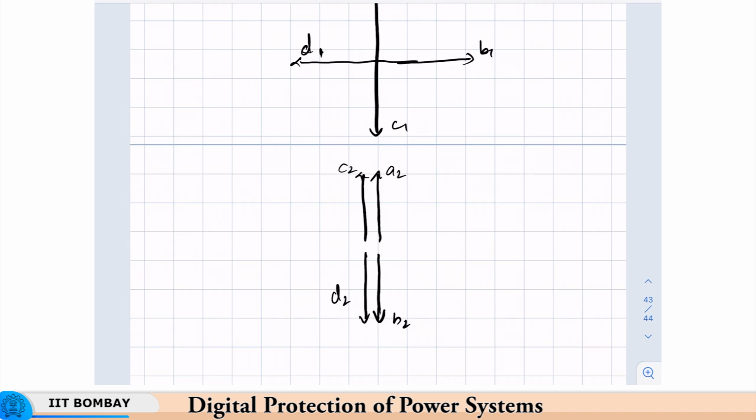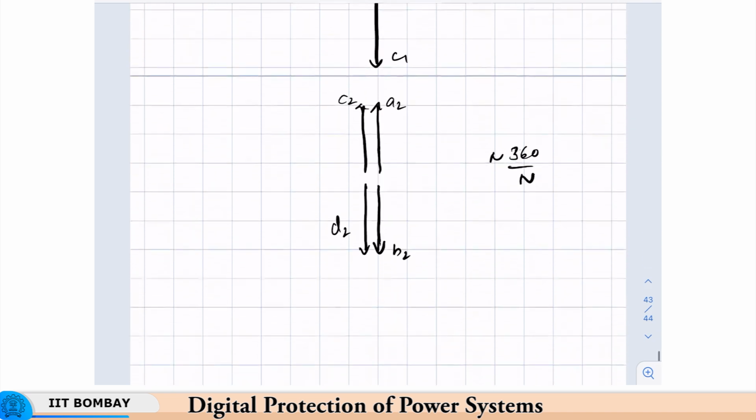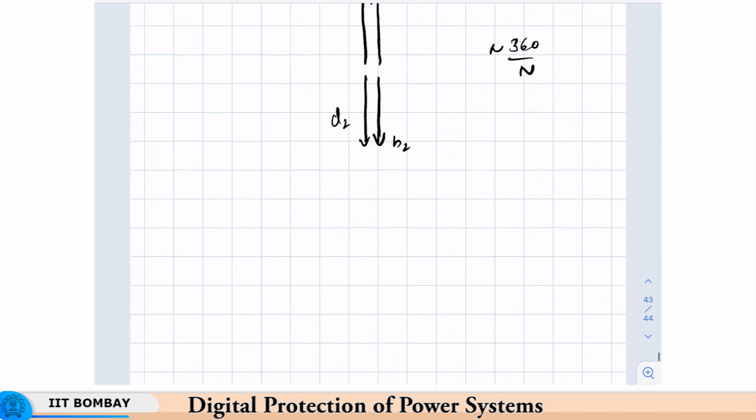Okay. The thing to note here is that the B has changed by an angle of n into 360 by the number of phases. Okay. So, this is the second sequence component. The third will be